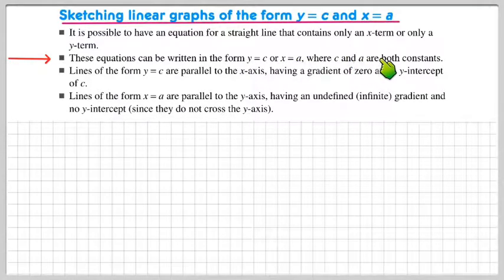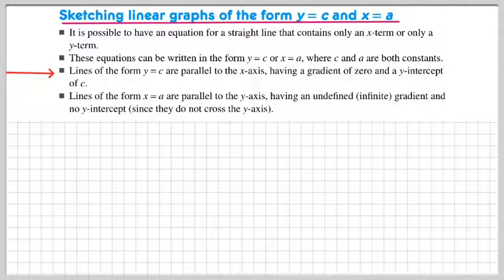Okay, and these are both constants. So y equals c would mean y is always c, always the same value, irrespective of what x is. And x equals a similarly means that basically no matter what value of y you choose, guys, x is always going to be a. So what that looks like